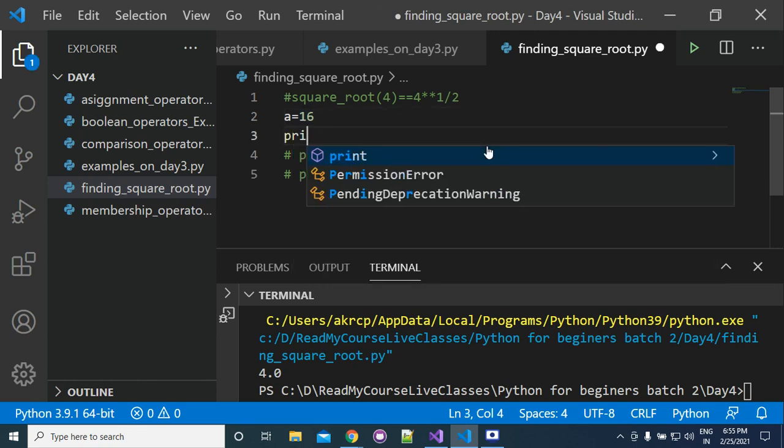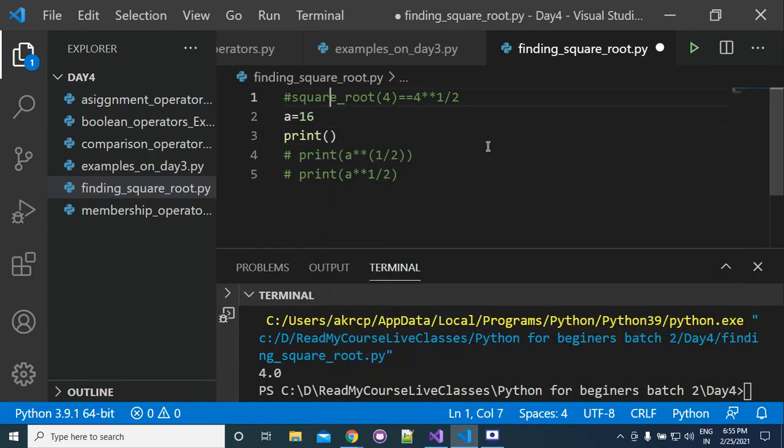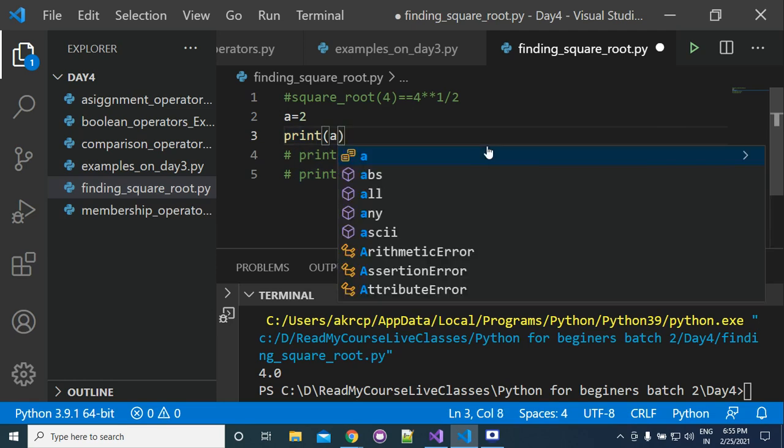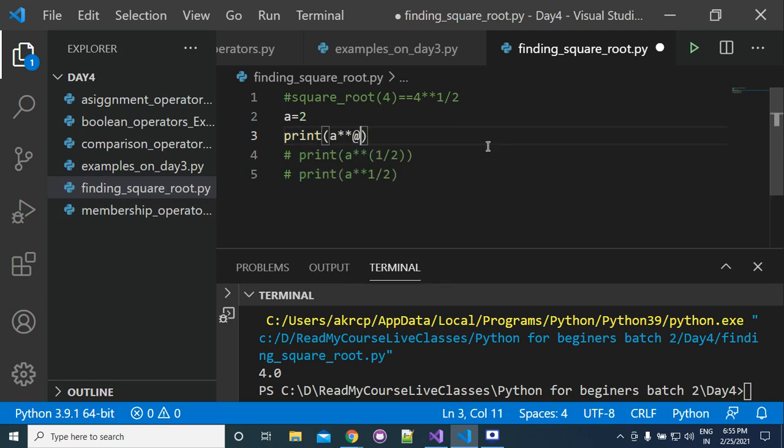Suppose that you have a is equal to 2, and if you write here print a double star 2, what will be the answer? A double star is basically exponent. You are writing a to the power 2, so 2 to the power 2 will be 4.